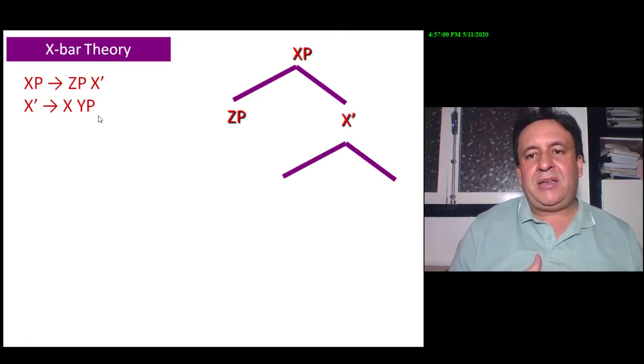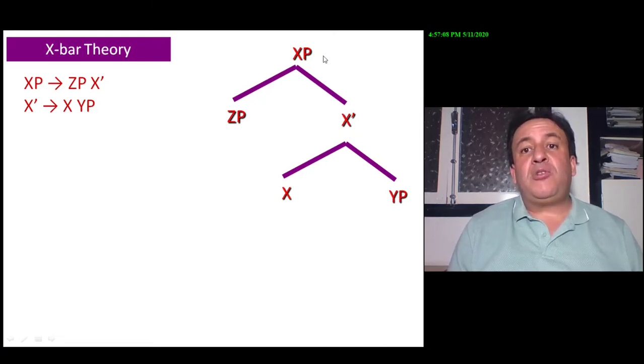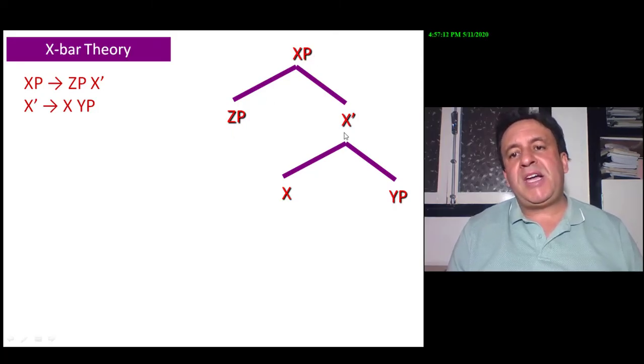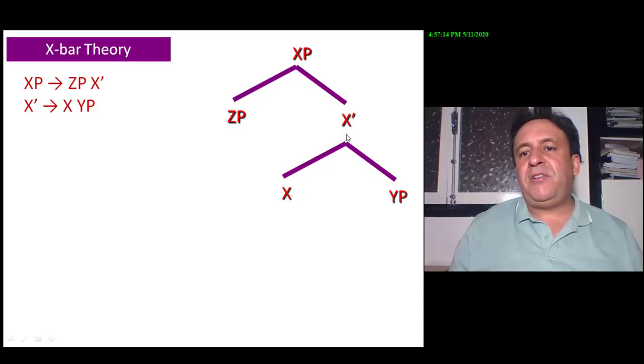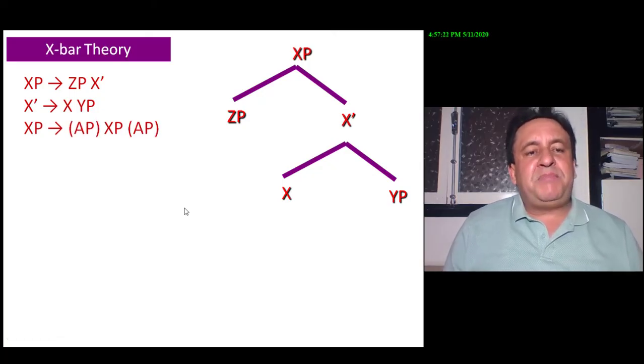And here is the tree diagram itself. X bar rewrites as X having YP as a complement. So XP rewrites as ZP X bar, ZP being the specifier, X bar being the one bar level. X bar rewrites as X, which is the head, having a complement, which is YP. The third rule is XP rewrites as